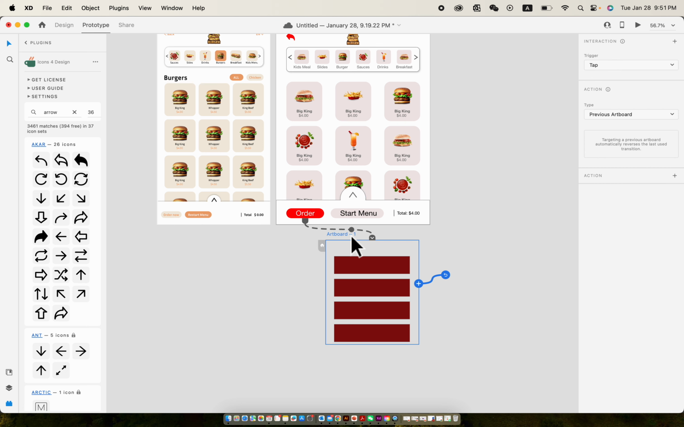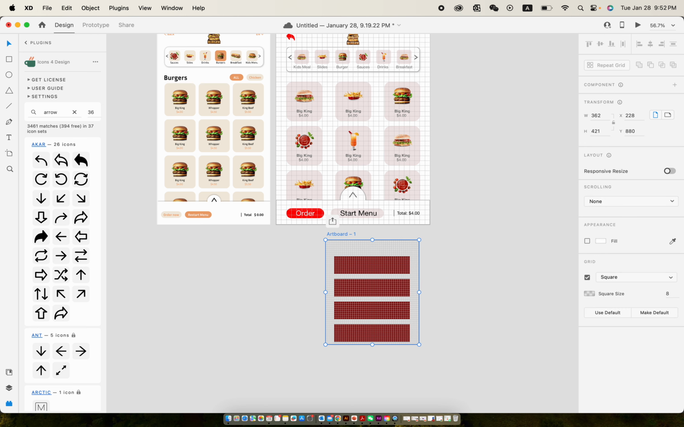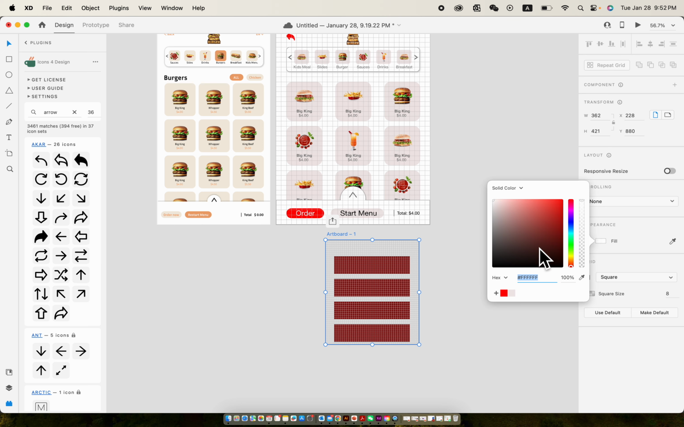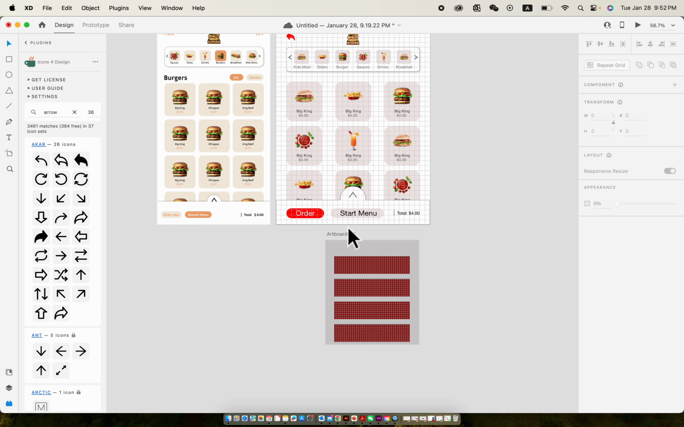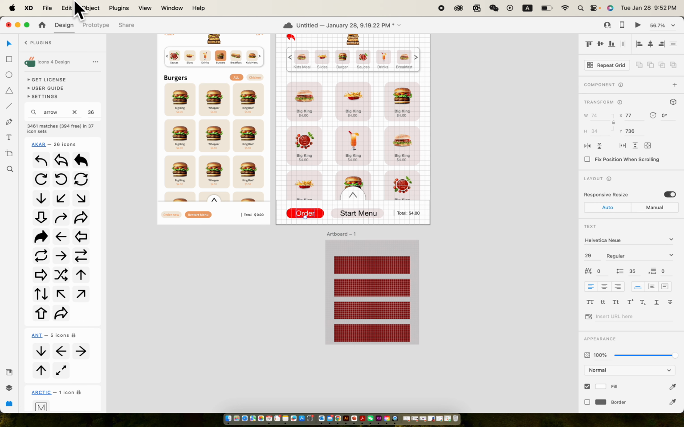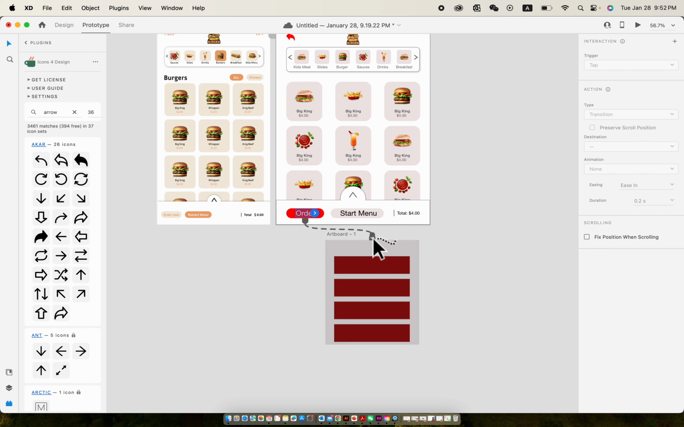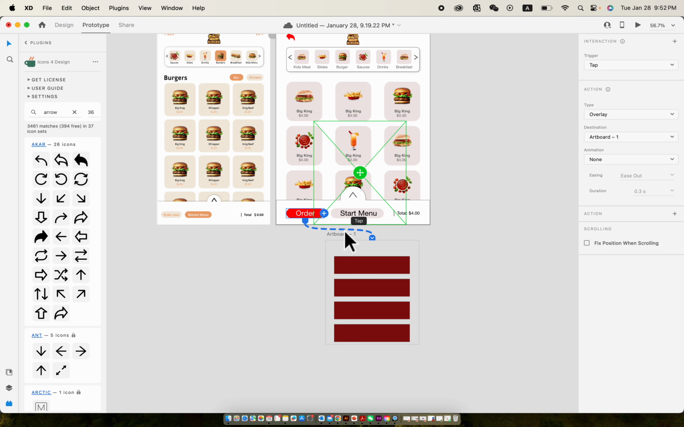So actually I want to change my menu. I want to change the background for my menu. Now it's white, so it will not stand out very well. So I change the artboard fill into probably a light gray, right? Just to make sure it's standing out. So I go back to the prototype. Yeah. Let's see the interaction